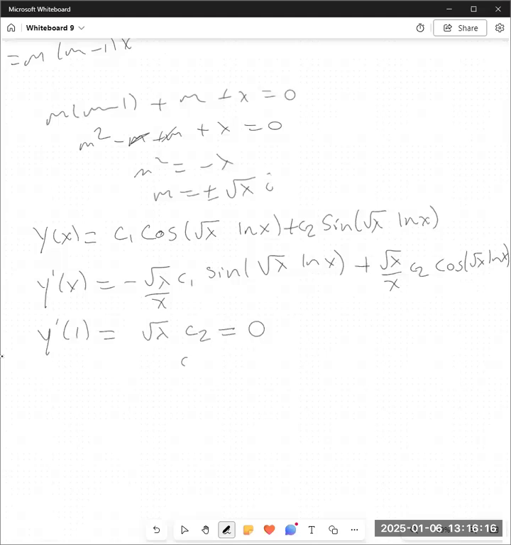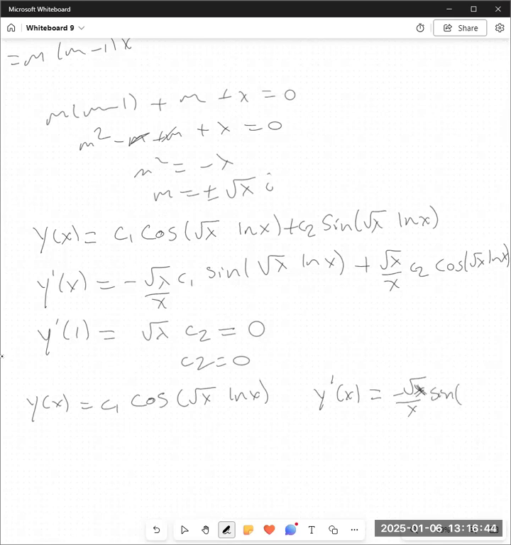Yes. So C2 is 0 still, and that eliminates that part. So y of x is equal to C1 cosine of root lambda ln of x, and that makes y prime of x equal to, C2 is gone, so this is negative root lambda over x